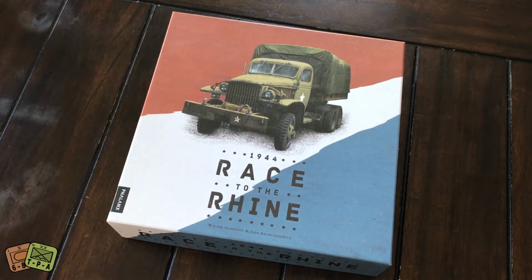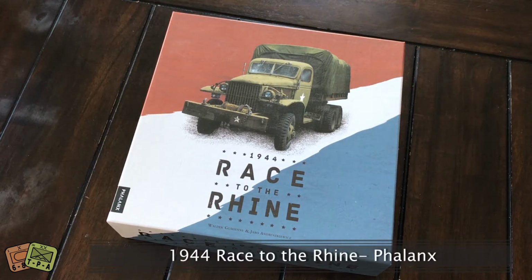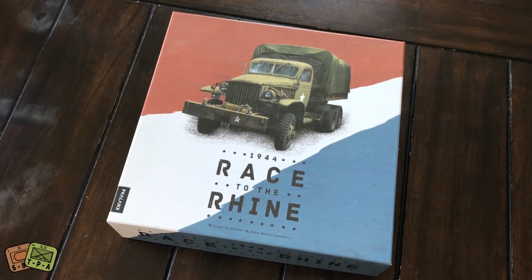I'm Grant. Today I'm taking a look at, and not necessarily unboxing, but showing you the components included in the Euro-style race game that has a war game theme, Race to the Rhine 1944. This is a game from Phalanx Games. It was released, I believe, in 2014 and has since had a mini expansion or small expansion called the Red